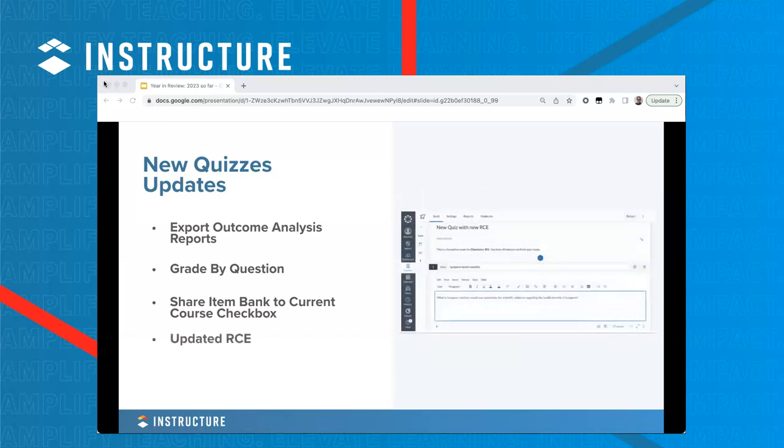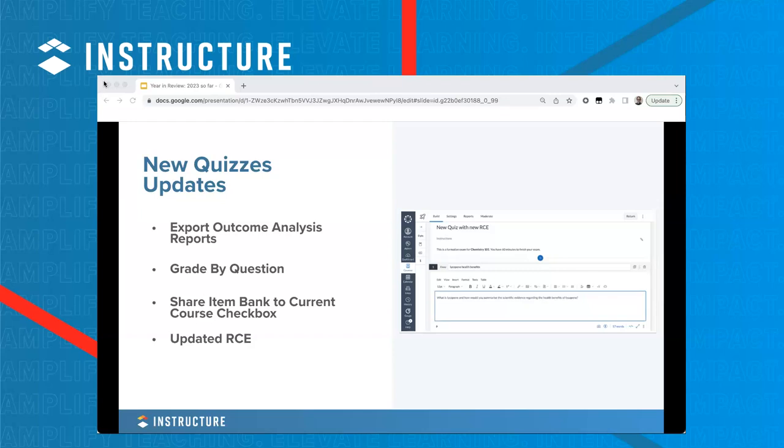And the last piece I wanted to highlight, which may be the best of all, I probably should have done this one first, is the introduction of the rich content editor that we know and love from other areas of Canvas to new quizzes. And with that unlocks the capability to leverage all the wonderful features and functions that provides,